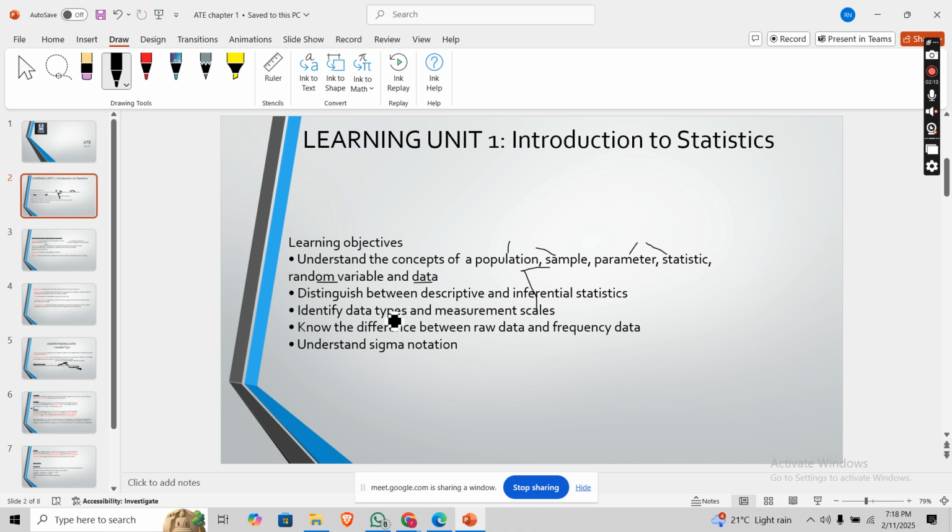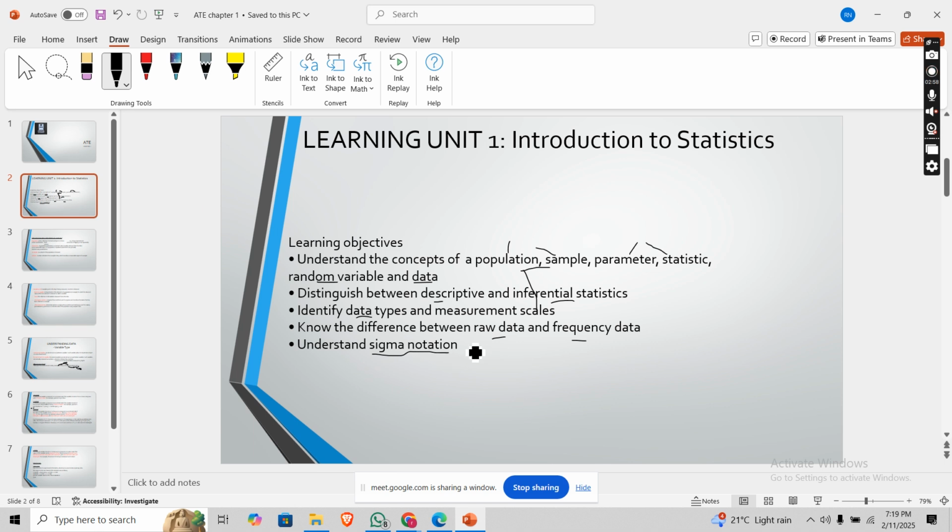and after that the data. Secondly, we'll distinguish between descriptive and inferential statistics. After that, we will identify data types, and then identify measurement scales that are used to extract data from these data types. And after that we'll distinguish the difference between raw data and frequency data,